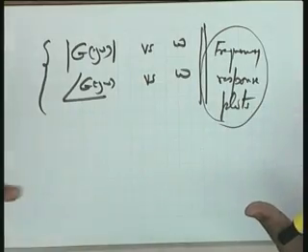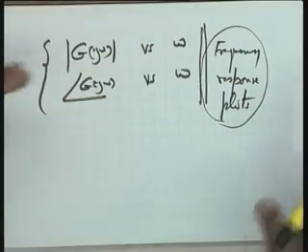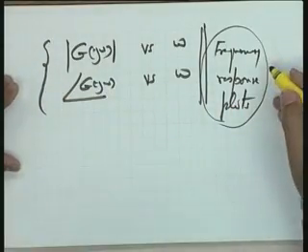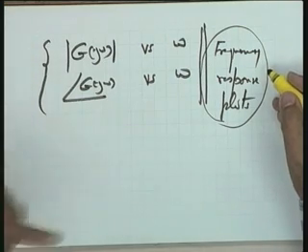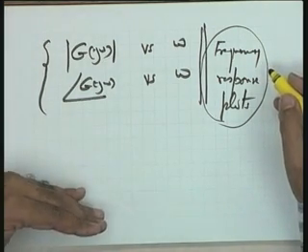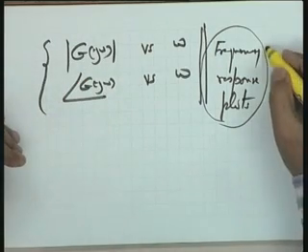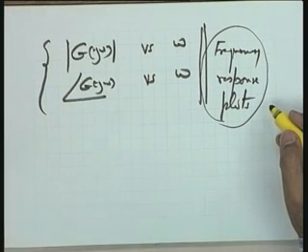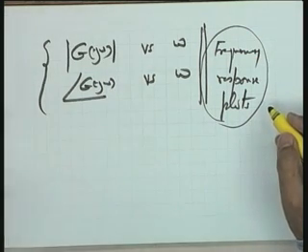I will be coming to this point at a later stage, when I want to get the transient behavior of the system, when I want to interpret the frequency response in the time domain. At this juncture, I would like to proceed further with this comment that the frequency response plot of a given system is a complete characterization of the system, both transient and steady state. Okay? This should be clear.